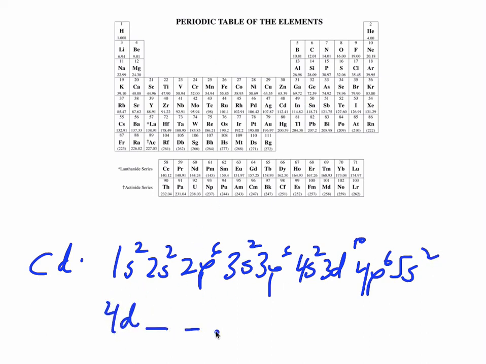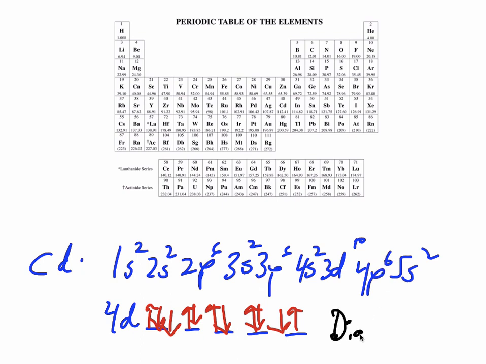So 1, 2, 3, 4, 5. 1, 2, 3, 4, 5, 6. Okay, there are no lone electrons here. They're all paired up. So in this case, this is diamagnetic, and it will not be pulled towards a magnetic